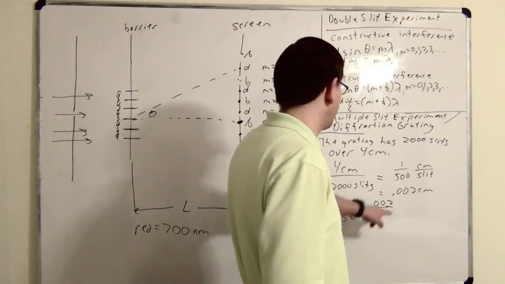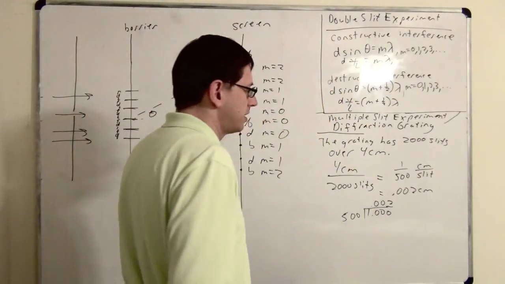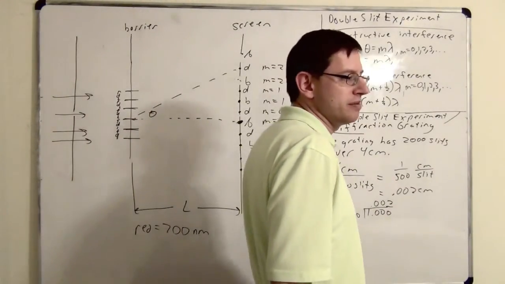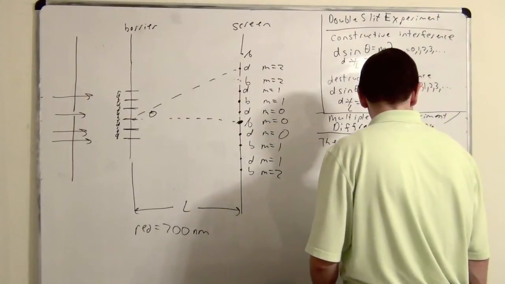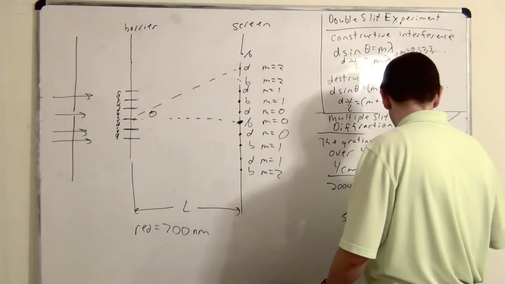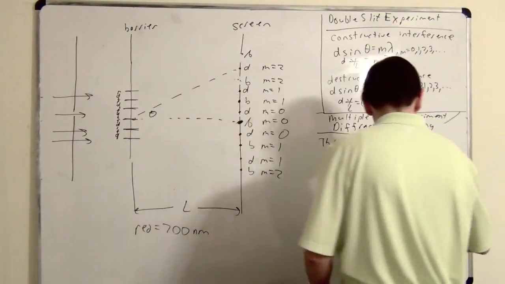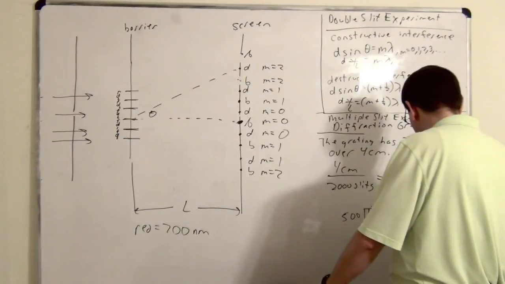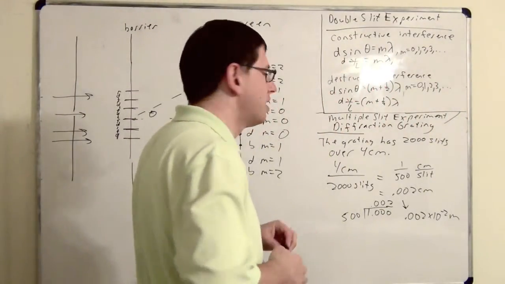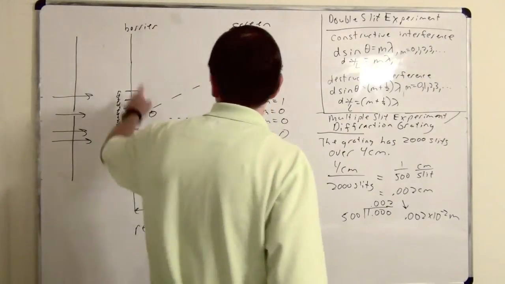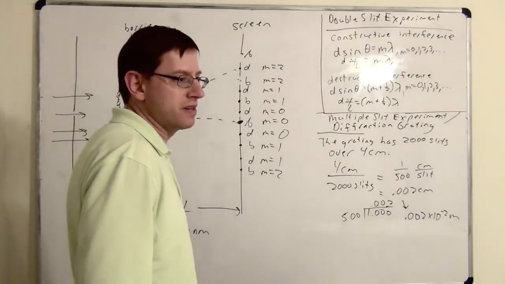However, what units do we probably want this to be in to work with the other numbers? Meters. So you probably want to convert it into meters. So what would that be? 0.002 times 10 to the negative 2. Good. Okay, so that's the type of unit conversion that you're likely to need. They're usually not going to tell you D for these problems. You need to figure out D.